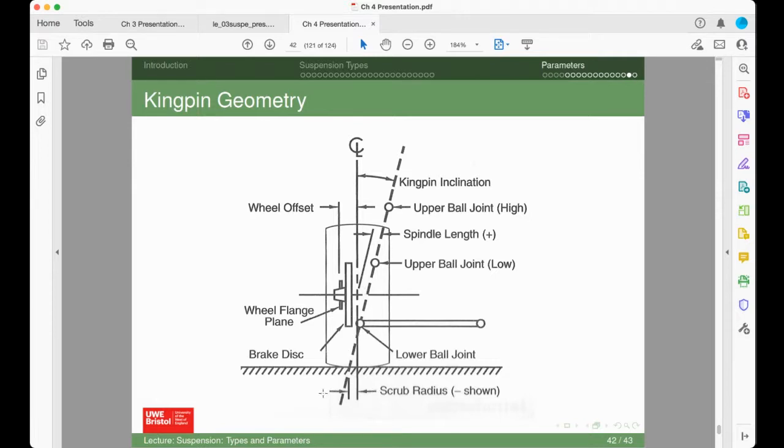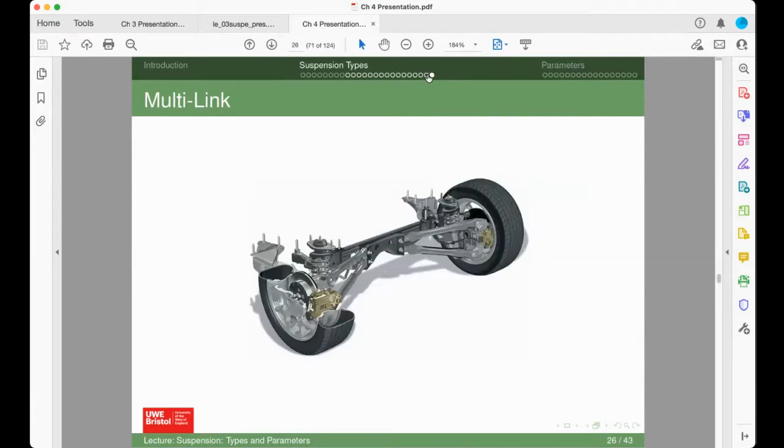Okay, but the way this is set up is you've got this setup over here, and obviously clearly the inclination of this angle will change this distance here, like the caster does. But the closer this is to zero, the more likely this is going to be reduced and in line with the center line of the wheel. And that's one of the things that the Super Strut enables you to do, is to reduce that Kingpin inclination angle. If I go back to the Super Strut, which is over here,